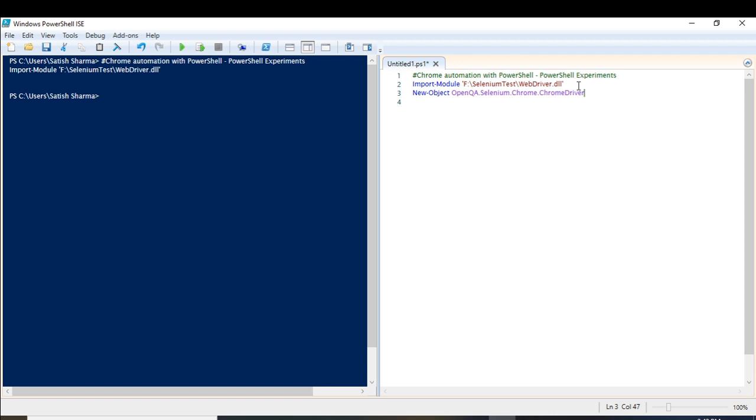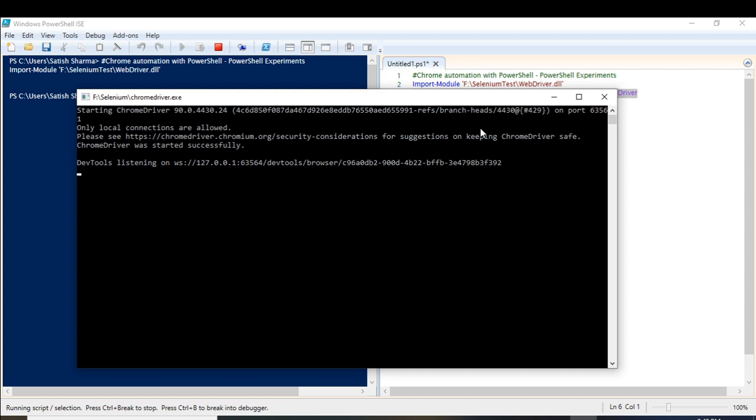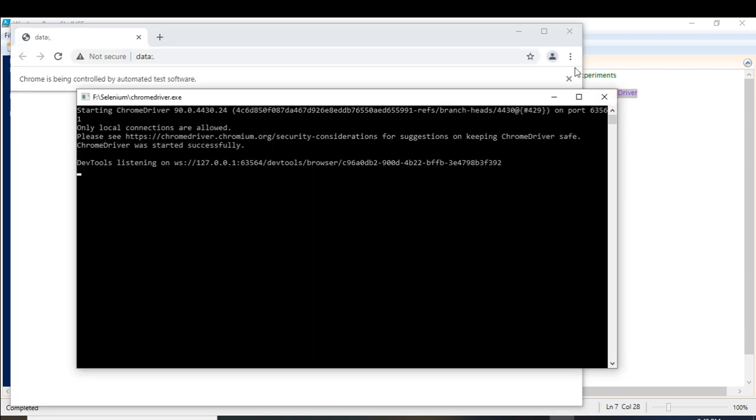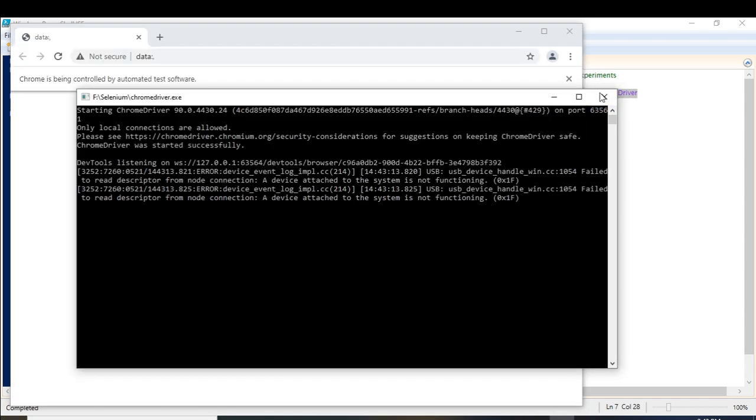By using this cmdlet we can use chromedriver.exe here, and let me store this whole output into a variable called chrome driver. So this is chromedriver.exe. Let me run this also, and this is opened, and let me close it.